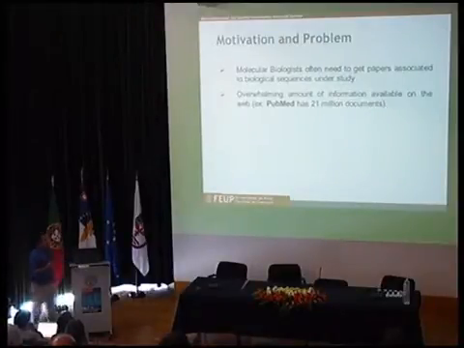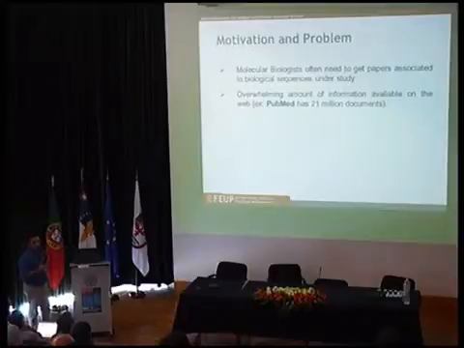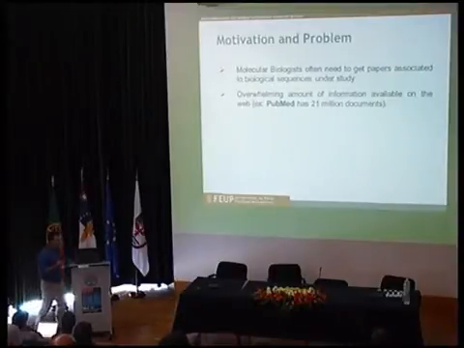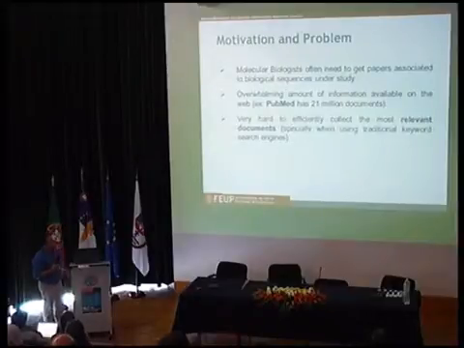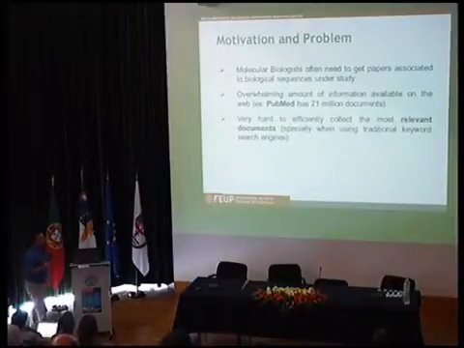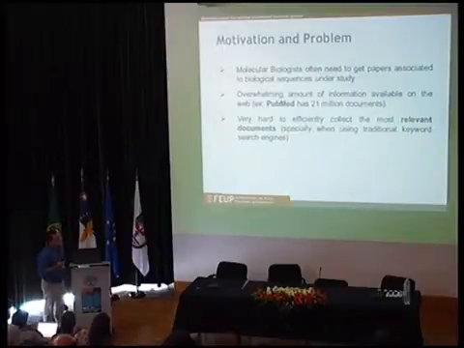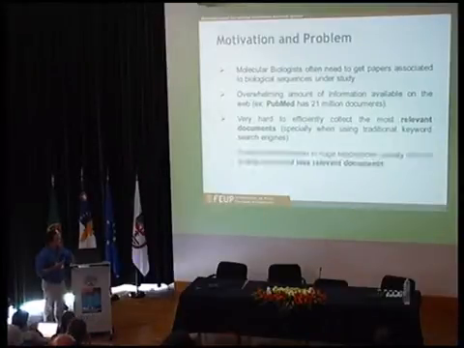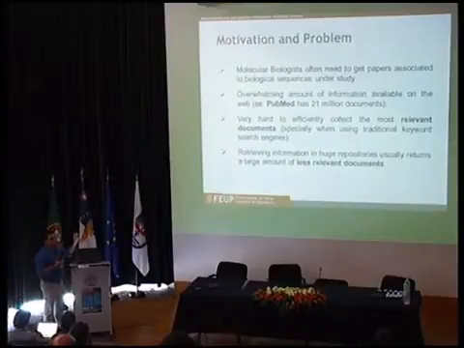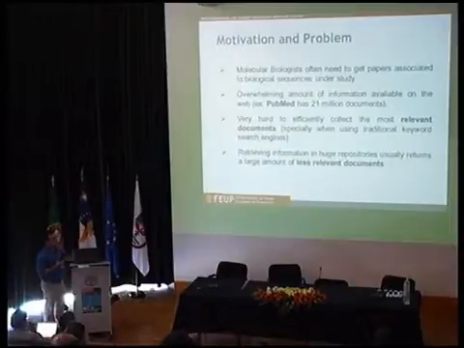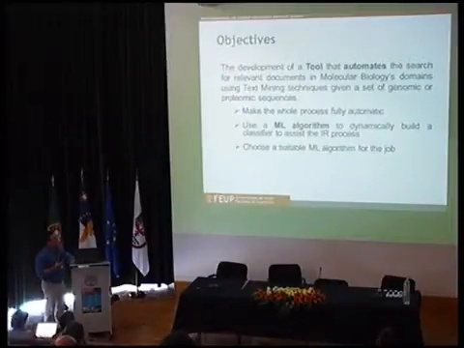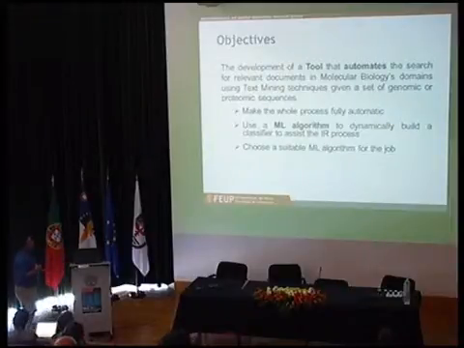So the main problem is, as usual, repositories like Medline and PubMed have a huge amount of documents, so extracting documents may be a pain in the neck because most of the retrieved documents may not be relevant for the work. And that's the problem we want to address. Given these sequences, fine-tune a classifier related to those sequences, and then go to Medline and filter out the relevant papers. Okay? So the main objectives are here summarized.